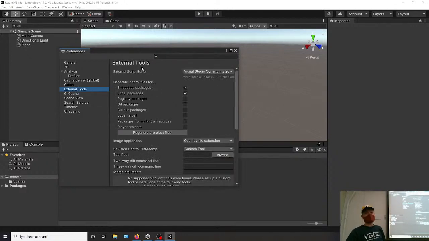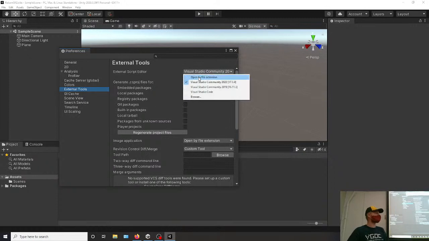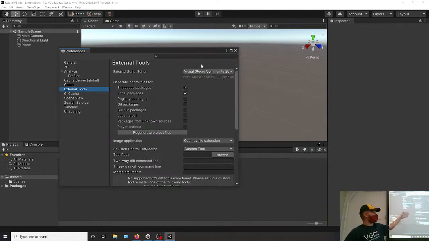In External Script Editor, it'll most likely say Open by File Extension. You're going to want to click that and change it to whatever you're using. Like I'm using Visual Studio Community 2022. Professional, Enterprise, I don't know. So yeah, and then once you switch to that,